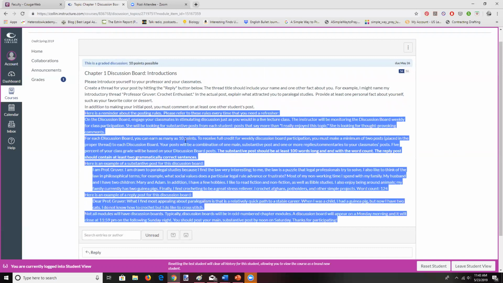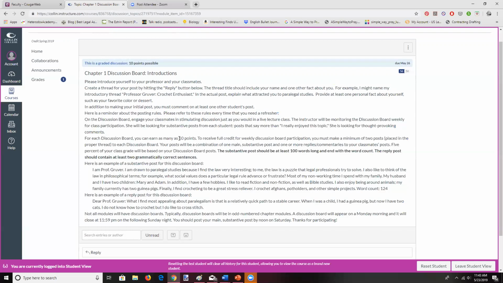In some classes, the points are 10 for the discussion board, and some they're 5 for the discussion board. Sometimes I correlate that to the number of points in terms of percentages that are available for the class. For example, if it's 5% of your class grade, it's probably going to be 5 points. If it's 10% of your class grade, it may well be 10 points here, but I don't always correlate it. So you shouldn't just assume because it says 10 points here that it automatically means it's worth 10% of your grade.